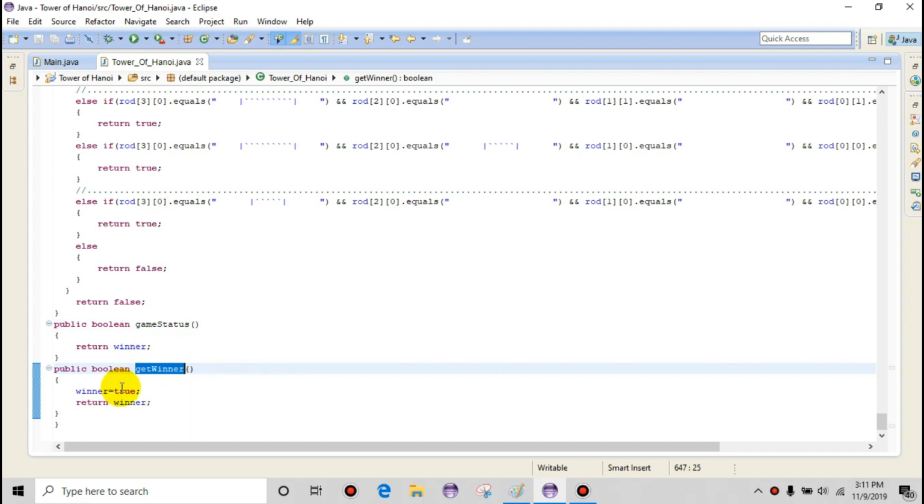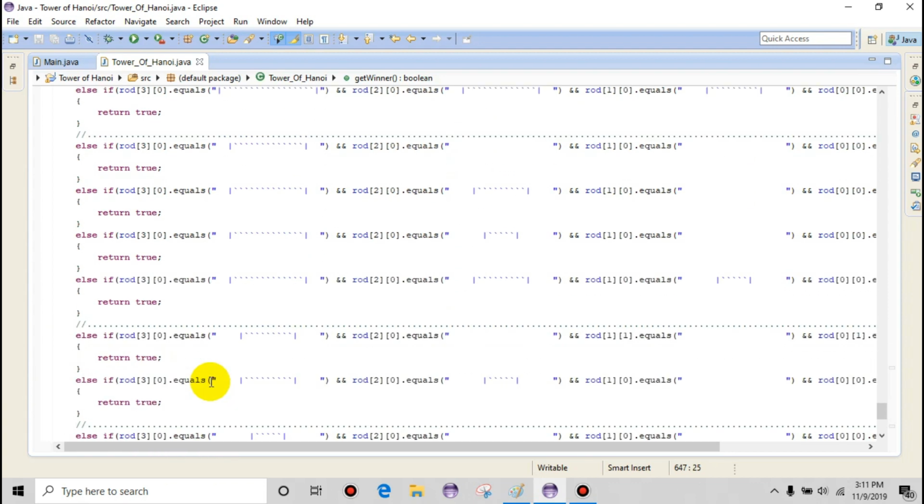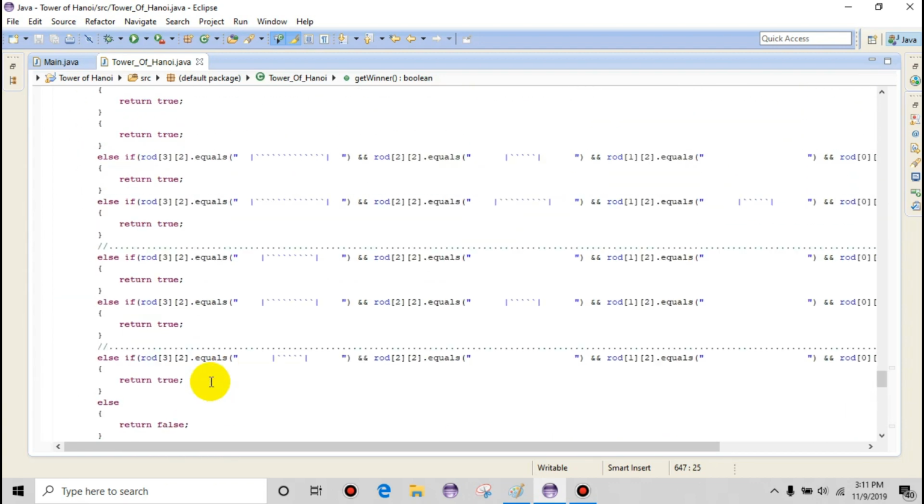Initially the winner variable is false, but if this method is called, it becomes true and it will return that. And in the check method,